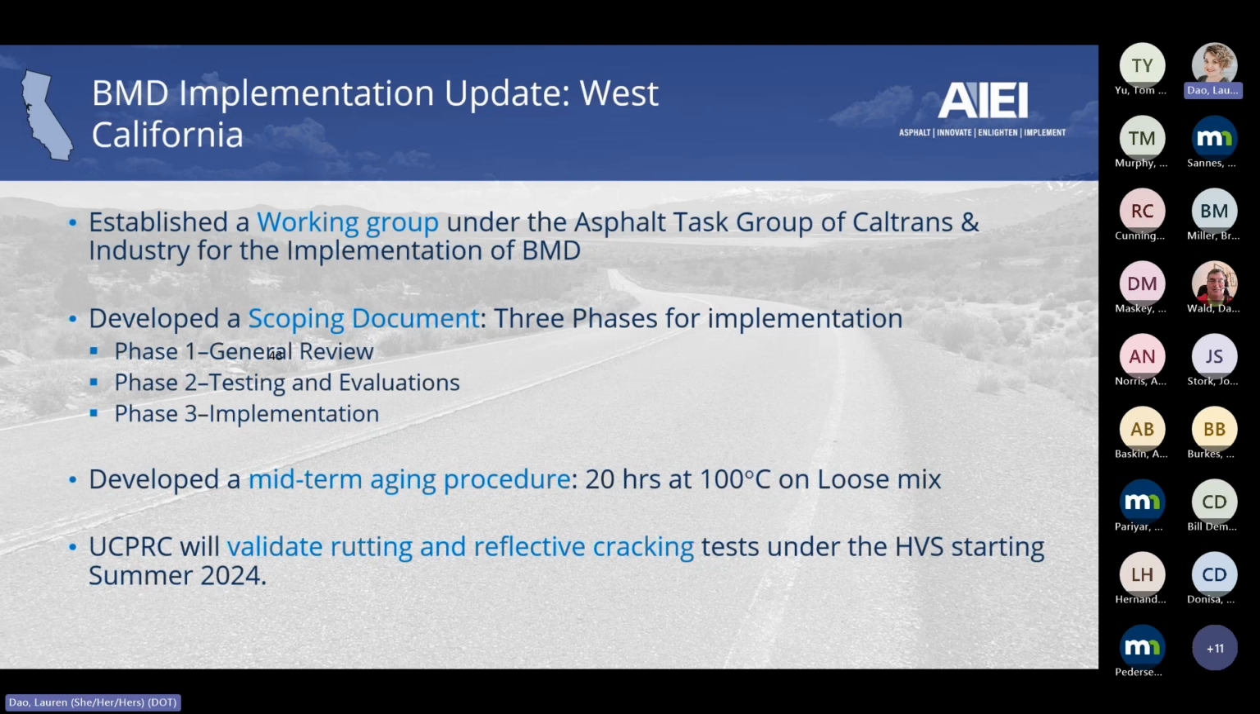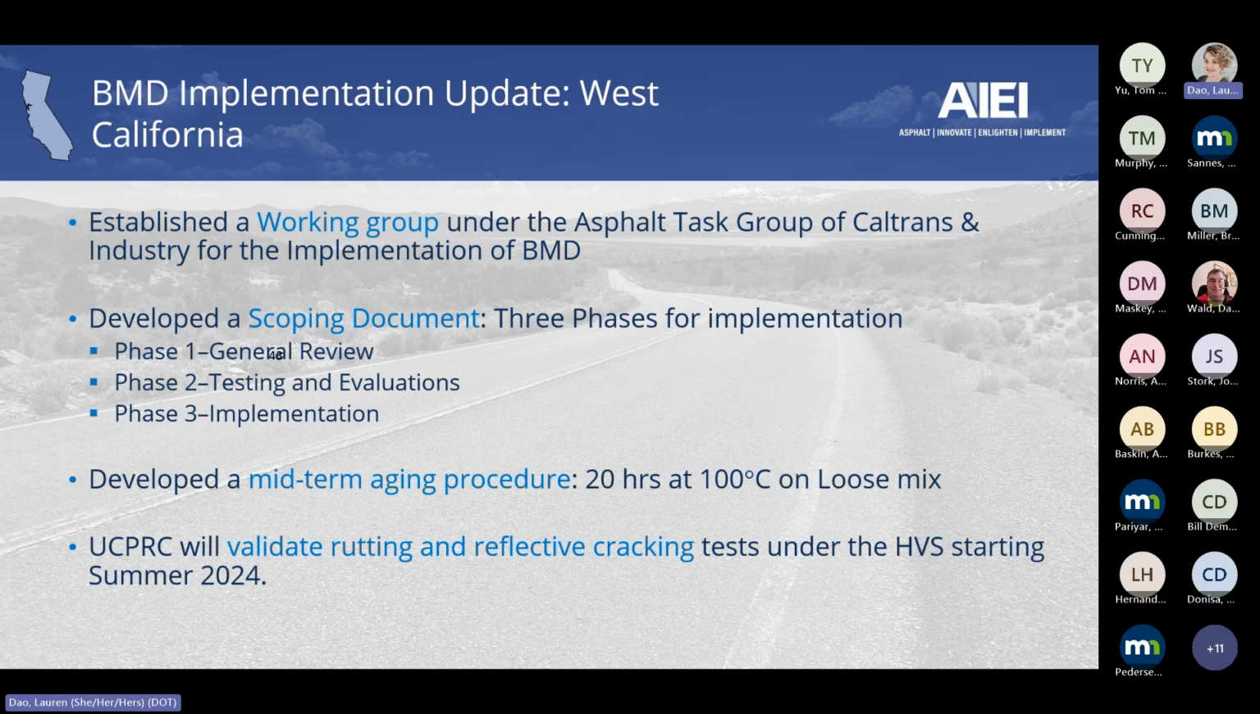And then they developed a scoping document that entailed 3 phases: general review, the testing and evaluations, and an implementation phase. Now, part of that testing and evaluations, they kind of set a midterm age. So with the cracking, the challenge is the age, right? What happens if you test your mixtures after short-term aging, you may get a certain ranking. If you apply a long-term aging, that ranking might switch, right? Because of the absorption of the binders, because of the aging susceptibility of the binders, and so forth,